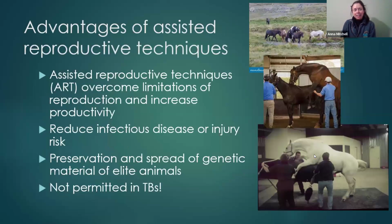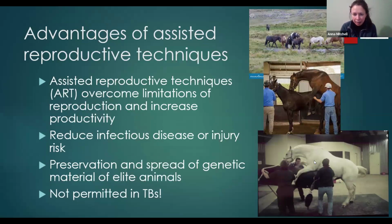Obviously, as I mentioned, the most basic form of breeding, being the most natural, is natural cover. So whether it's this herd situation at the top here, or hand breeding, or in a breeding shed, as is common with thoroughbreds. And then here at the bottom we have collecting off a dummy mare for assisted reproduction. And the advantages of assisted reproductive techniques, starting with the most simple, being AI,